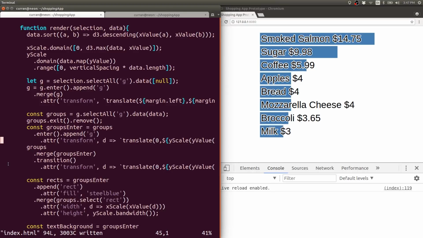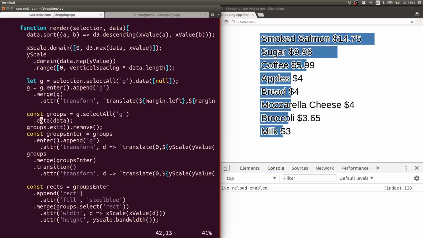Things could get reordered. To fix this, we need to specify what's called a key function. The key function is the second argument to .data when you create a data join. This function takes as input one entry from the data array and returns a unique key or a unique identity for that item. We're going to use the y value, which is the name, and rather than writing an inline function, we can just pass yValue itself, because that is a function that takes as input one item from the data array and returns the name of each item, which we'd like to use as the key of each item. Now when this runs,